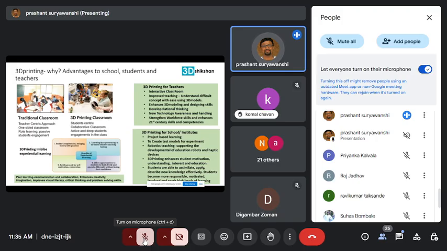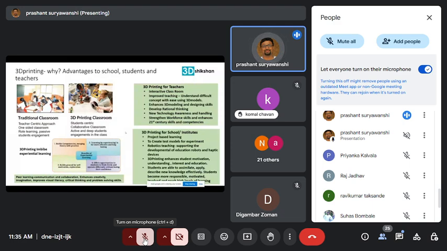Even 3D modeling and design skills: if teachers know 3D printing, they can utilize it extensively in their academic progress and research area, because it will help develop their competencies and strengthen their workforce skills and 21st century skills, which we already discussed. This is very important. You teachers will be the pioneers if you really want to make a difference in the education industry through experiential learning.